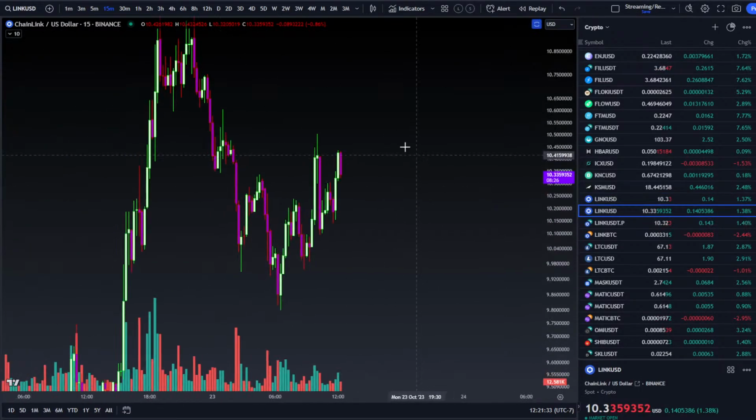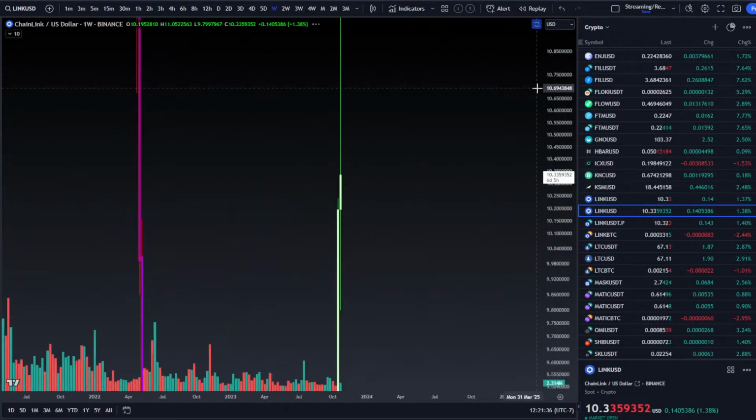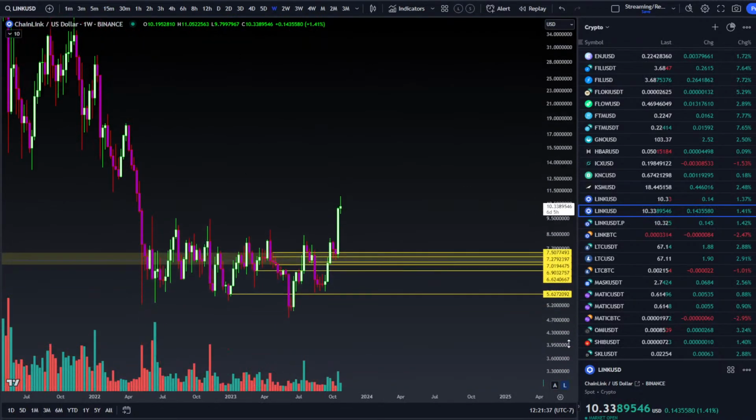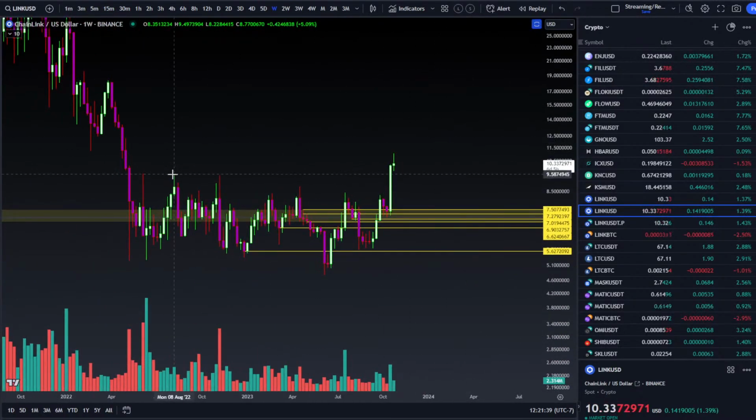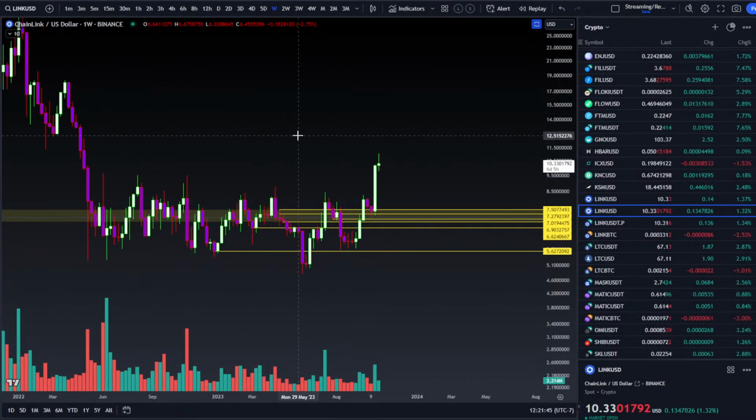Holy crap! At least use a chart that's got candles on it that aren't all over the place. This could be a higher time frame breakout. It is actually on the weekly, yeah. So it closed above 966. Now we had previously mapped out, I don't know, it was over here that we were mapping